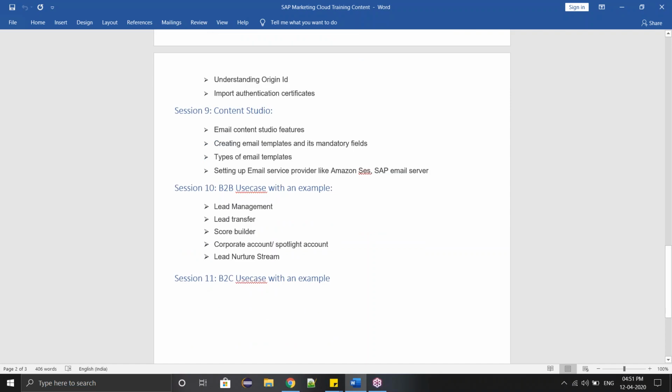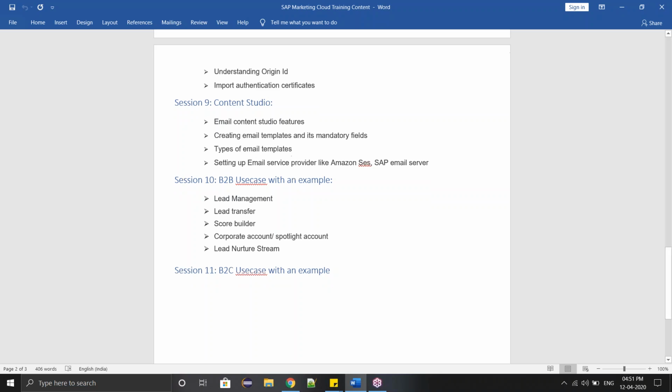And about, as I said, the content studio, how to create email templates and what are the new features and the old features available, and how to design a new template and how to use an existing template. I'll walk you through that. And what are the prerequisites for creating an email template, like assigning a marketing area, and there are various other key important figures which we need to assign to trigger an email to any target group, and I'll